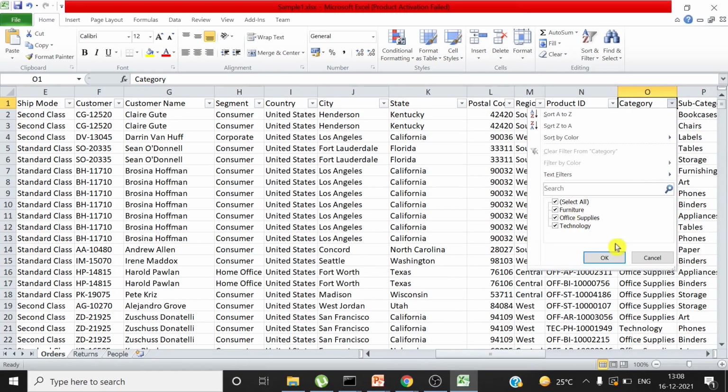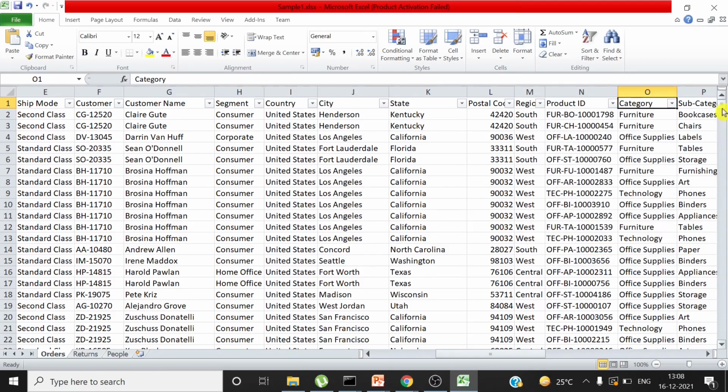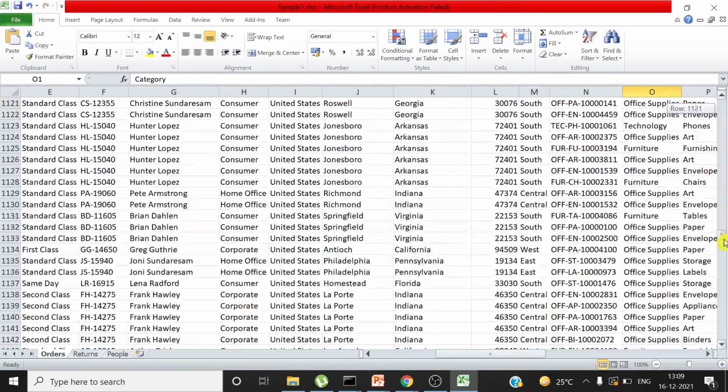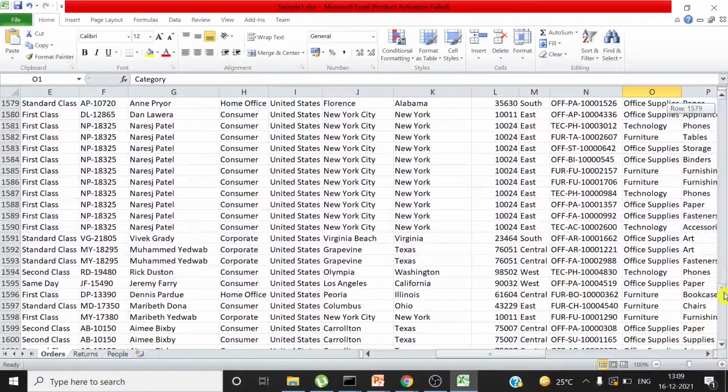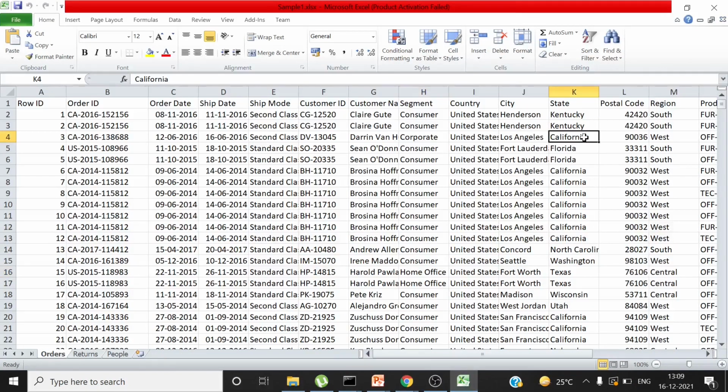So what we will do is that we will calculate the percentage and the count of records. You can have a look, I have around 1,000 records. So you can download the file and practice this code with the same file from the link which I have shared in the description.